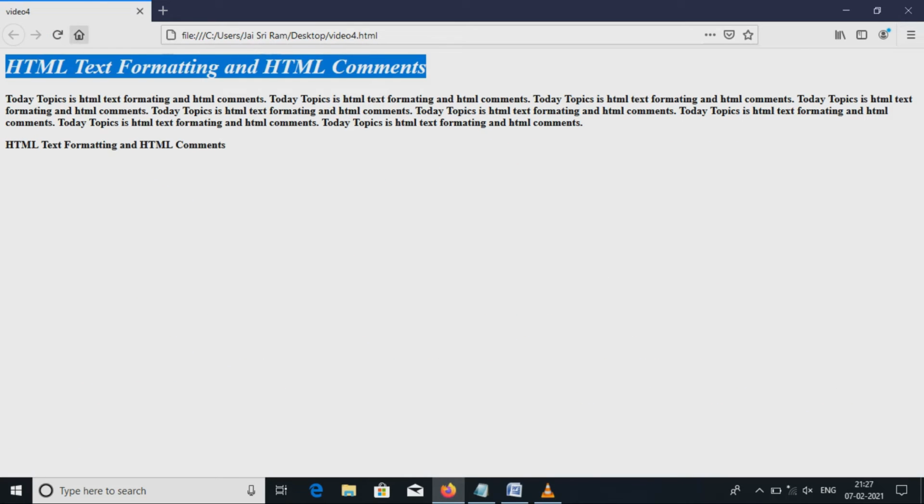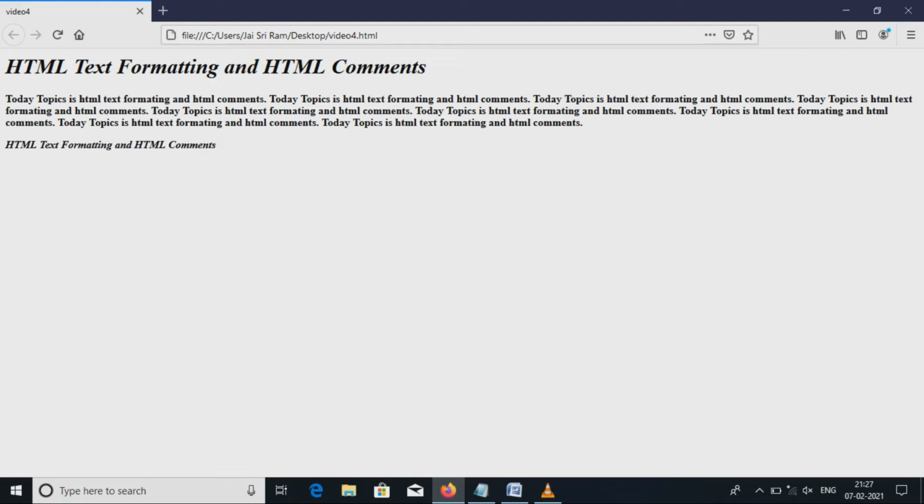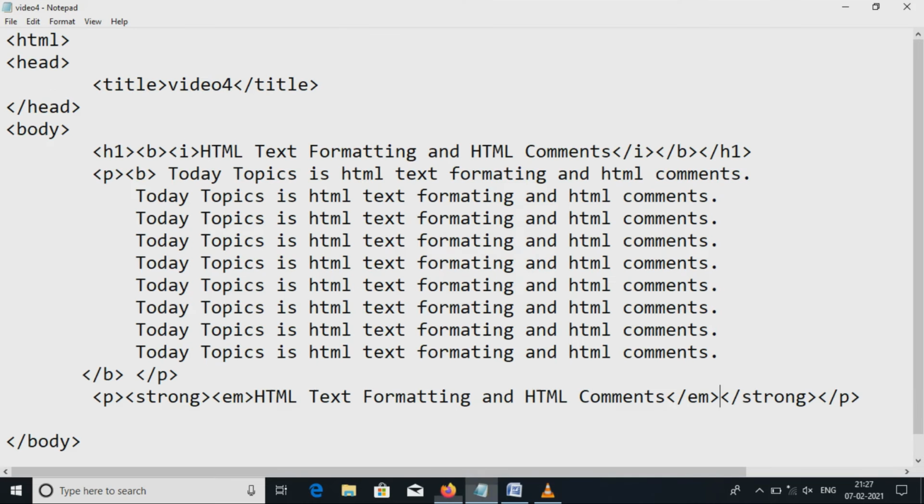Now we are using another text, that is subscript or superscript. So here I am using subscript. Now refresh this page.